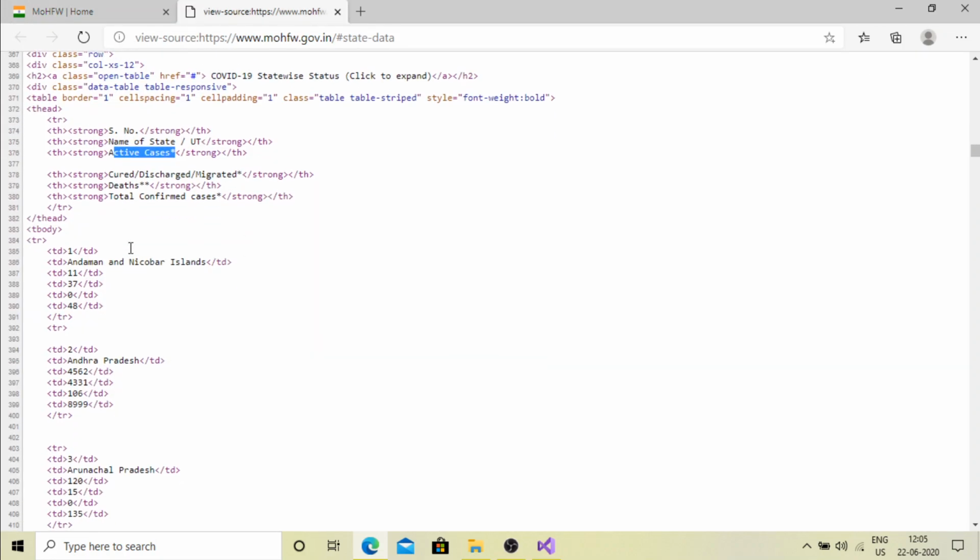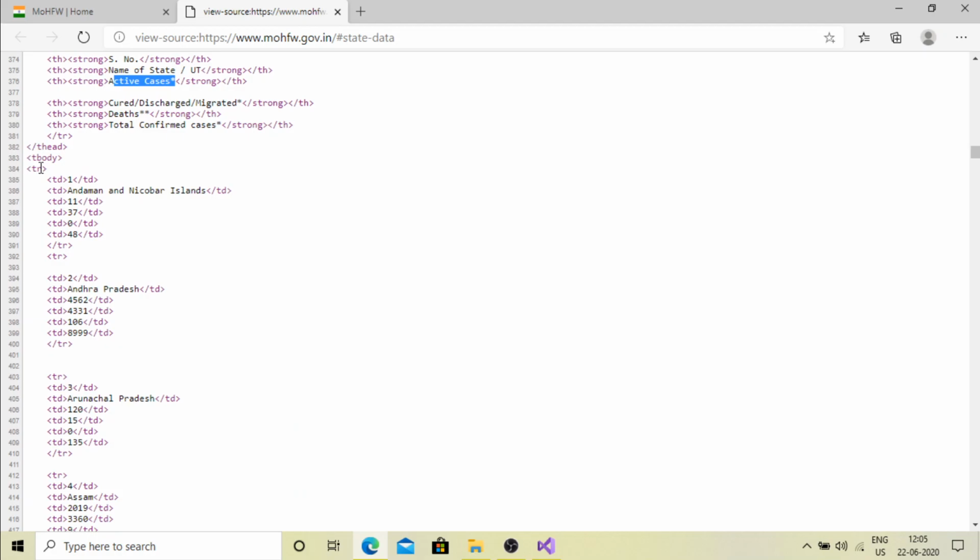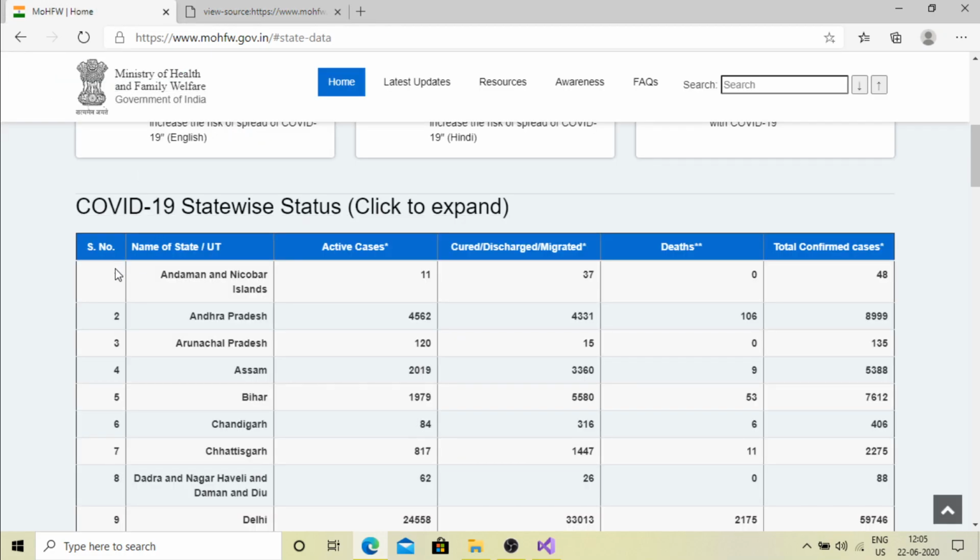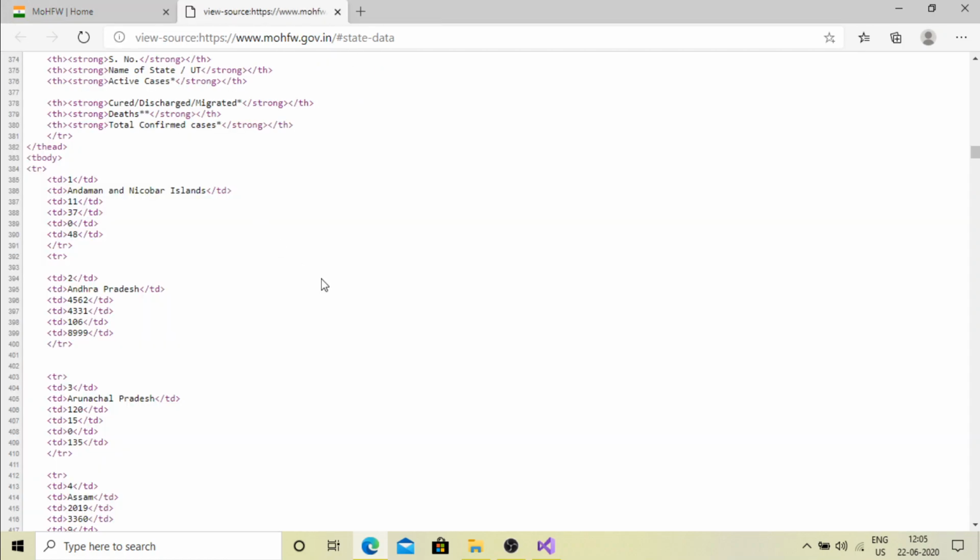And if we move further, then in the next tr tag we can see the state-wise details, like serial number, name of state, and next we have active cases. Similarly, this data is stored in a row-wise format on this HTML page.